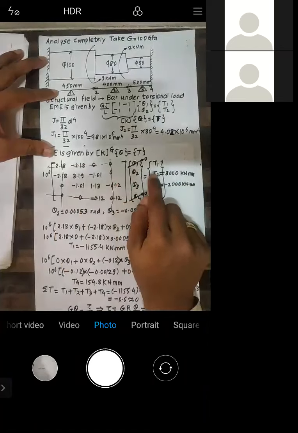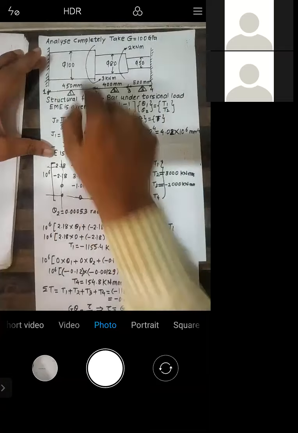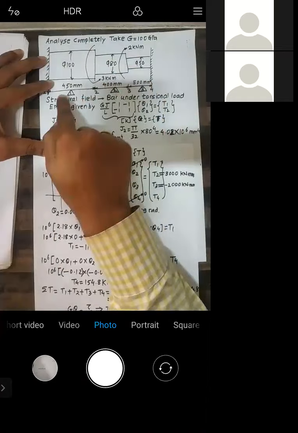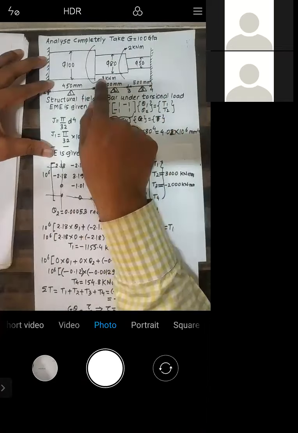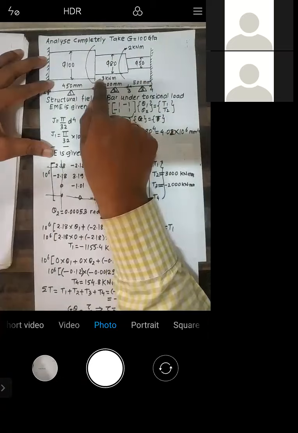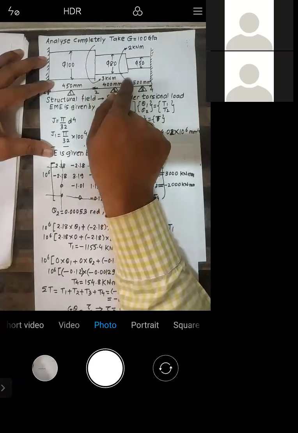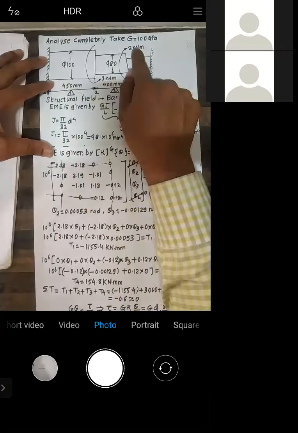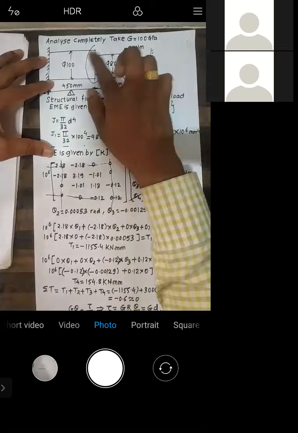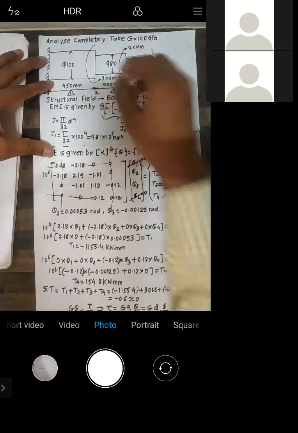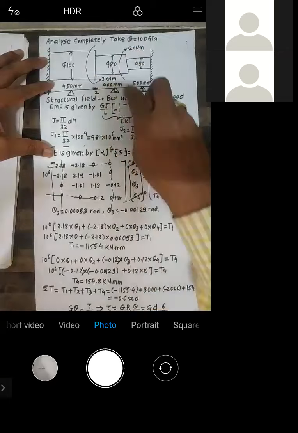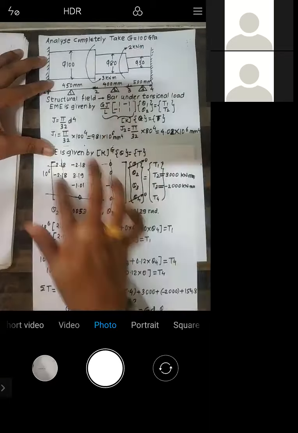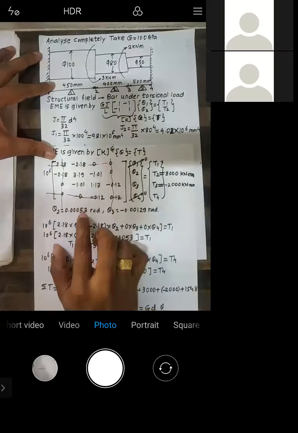Okay. Provided you know T2 and T3. So if you see the torque which is applied at node 2, it is 3 kilonewton meter. Okay. But every dimension is in mm. So you need to convert that 3 kilonewton meter into kilonewton mm. Okay, so just multiply by 1000. So you will get this as 3000 and this as 2000. Okay, now see this is going in an anti-clockwise direction. That's why I have taken this as a plus, and this is going in clockwise direction. That's why I have taken it as a minus. Right. So by putting these values in the calculator, if you solve, you'll get these values of theta 2 and theta 3 in radian.